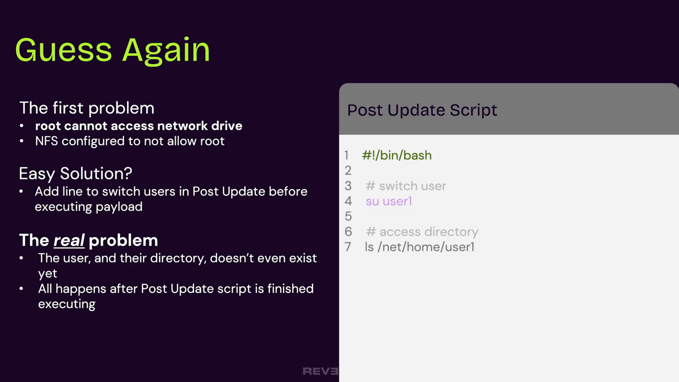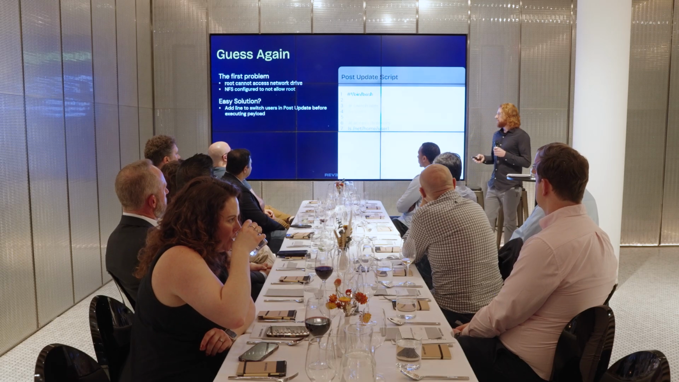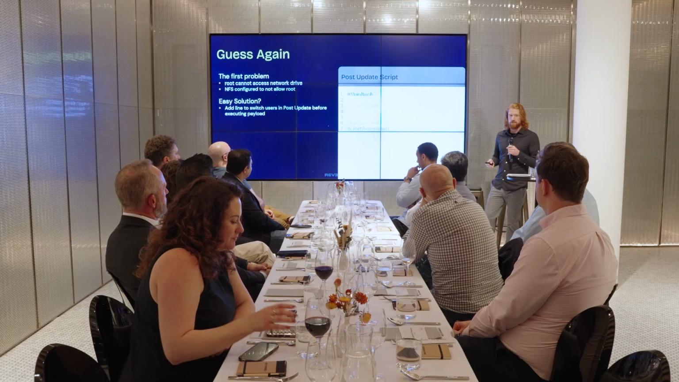The first problem was that the root user and all its privileges couldn't actually access the network drive. Network file systems are often configured to explicitly disallow root users, and that was the case here as well. So I figured the solution was easy. I just create a post-update script, add a command in the beginning to switch the user to the one I'm trying to impersonate, and then I could access the directory or do whatever it is that I wanted to do